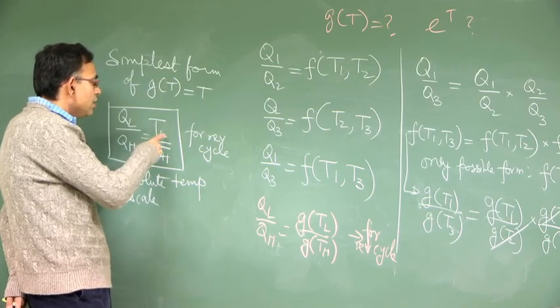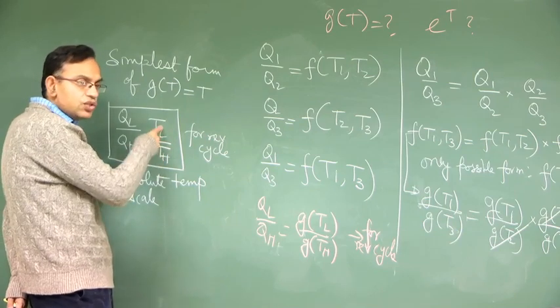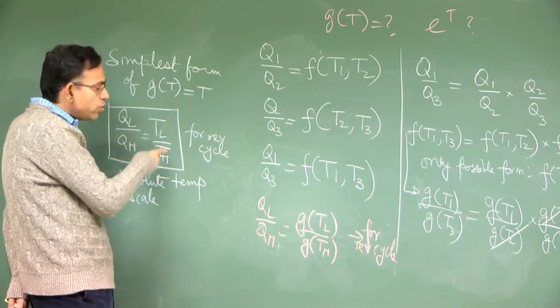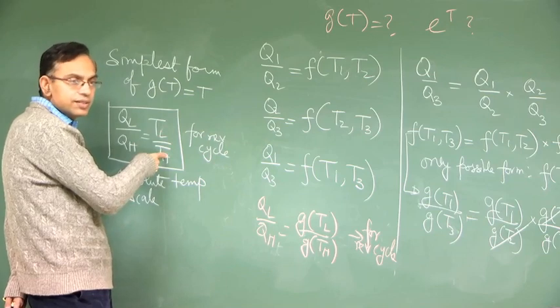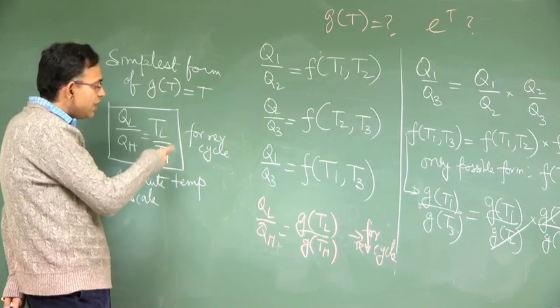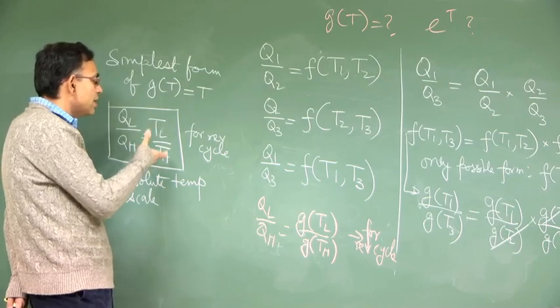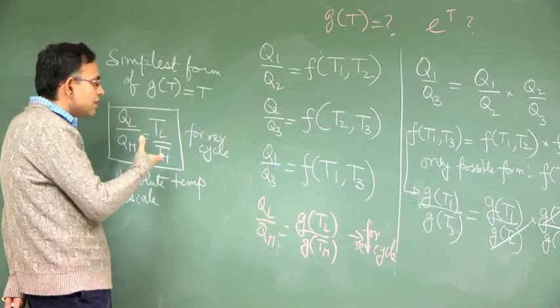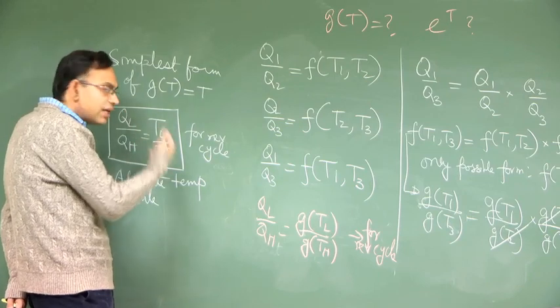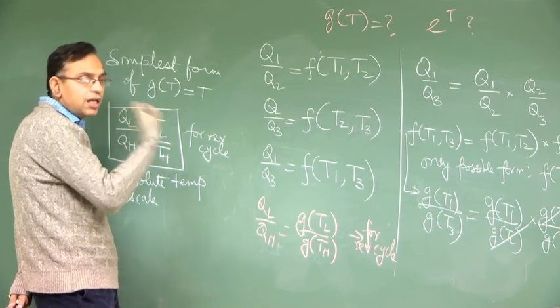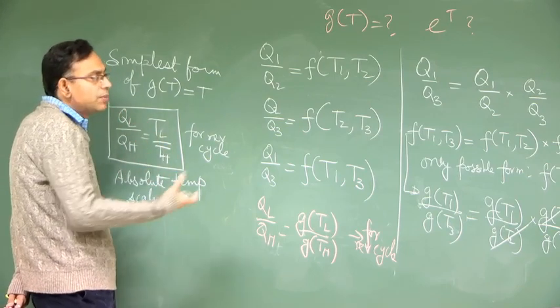But still the TL and TH, their absolute values are not fixed through this. So, this remained a temperature scale that is theoretically valid, but practically not usable until